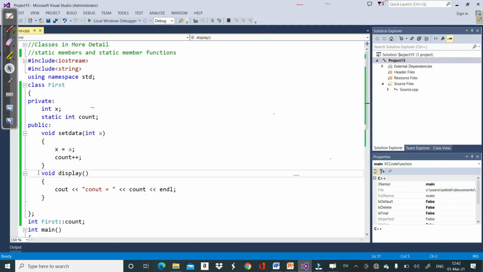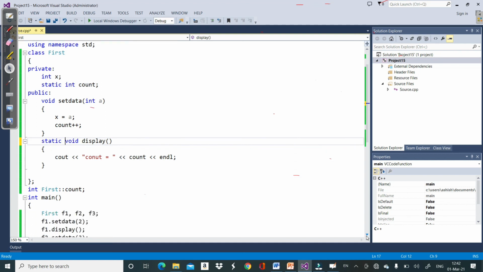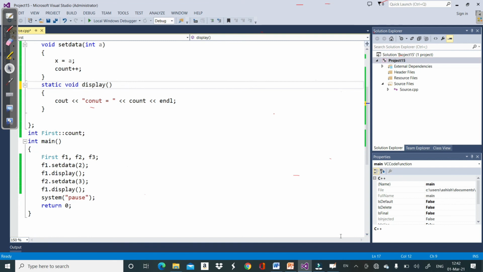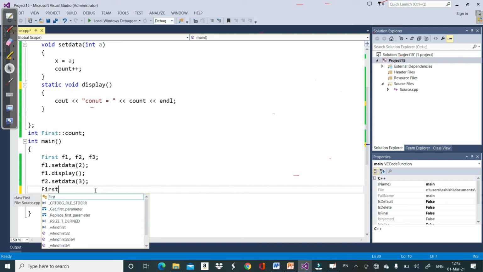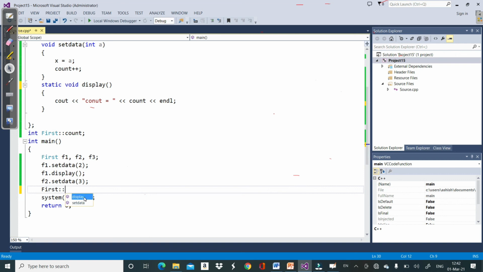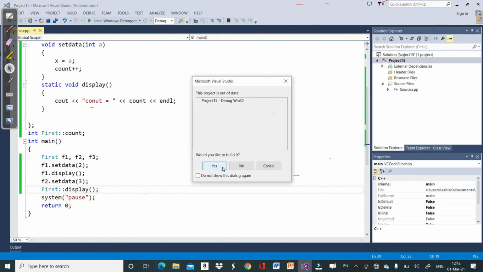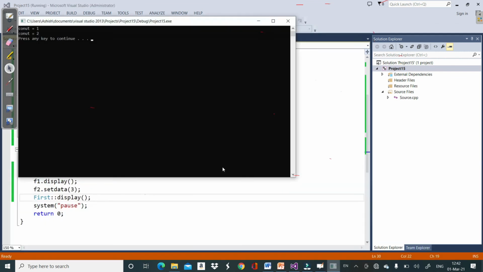Now this is a static member function, so I do not need any variable. I could call it simply like this, class name, scope resolution, function name, that's it, because now this is a static member function.